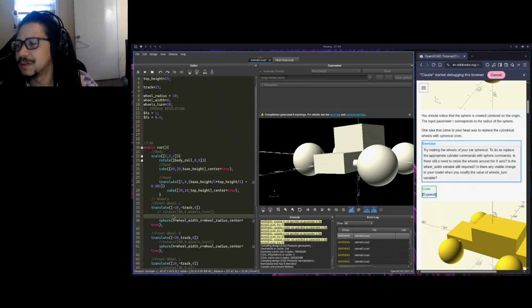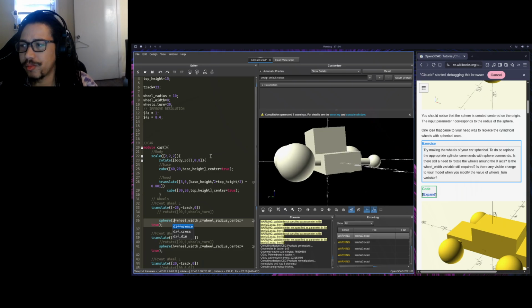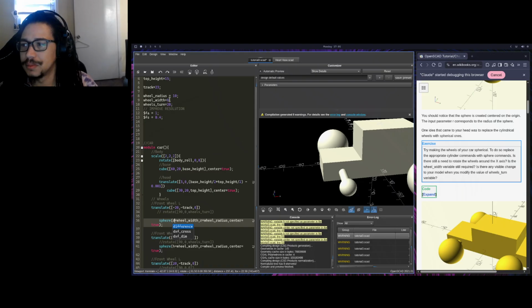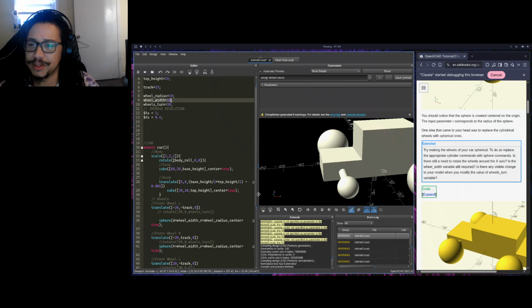Let's see. Does that cancel it out? I mean, or does it only need one, and then it times it by two? Because if I have this 10, the diameter 10,